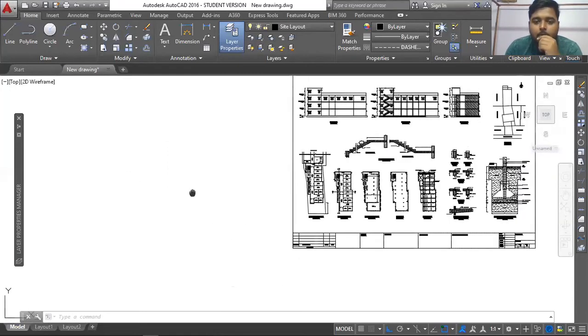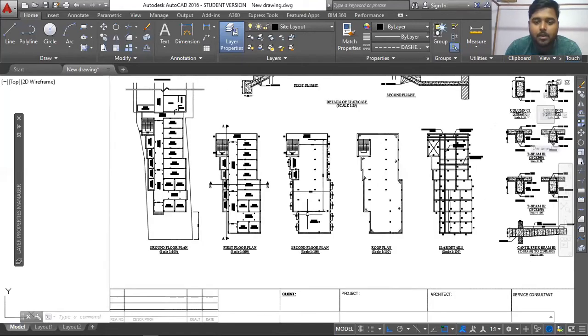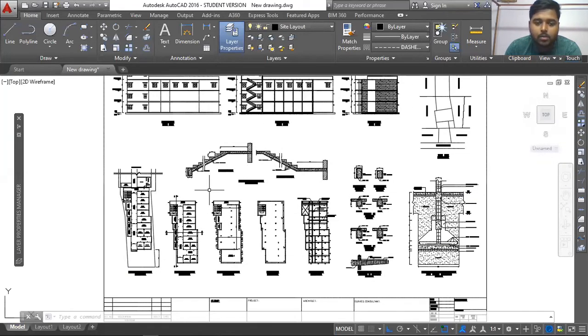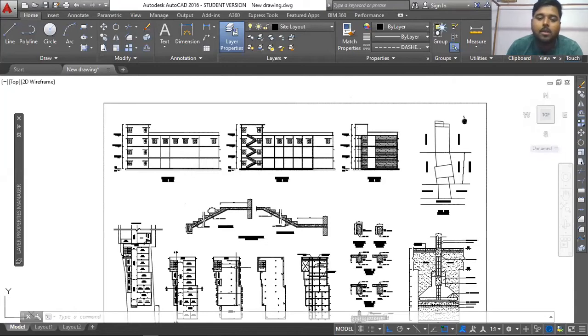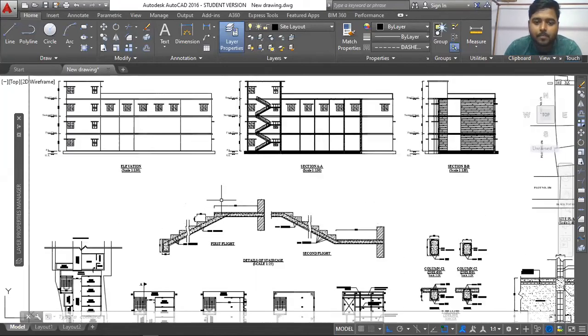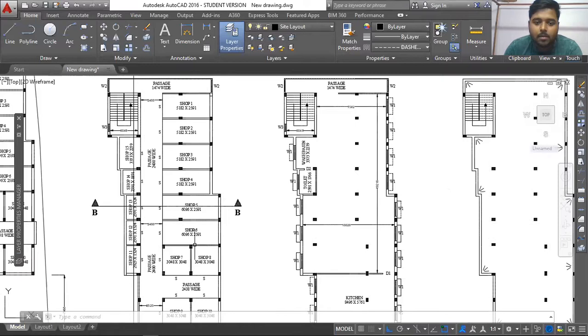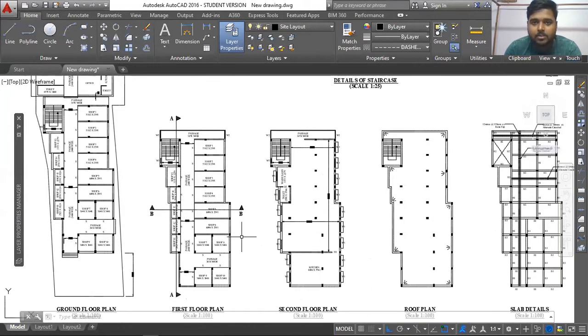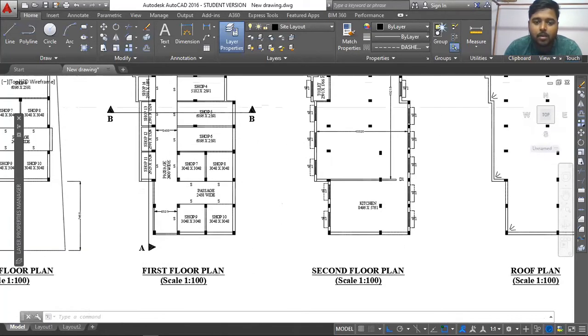So basically, more or less, every one of you are already aware how to represent your drawings. And some of the things I will quickly mention today. Then I'll go back to your 2D plan representation thing. We'll talk about that today. And I'll also talk about the scale because I forgot to mention that in the previous class. So basically, what a scale is.